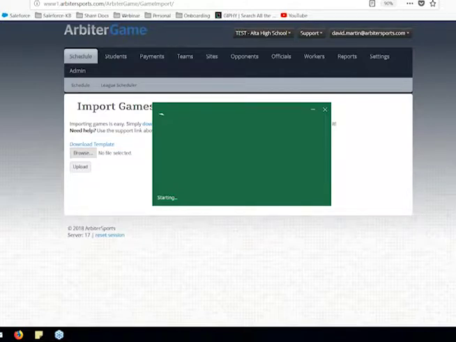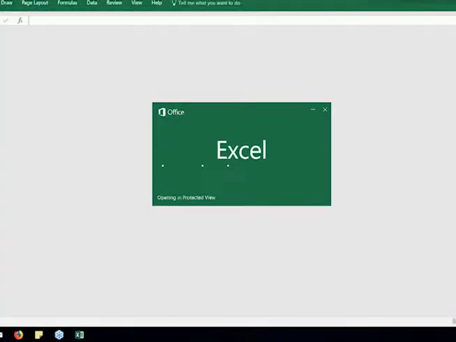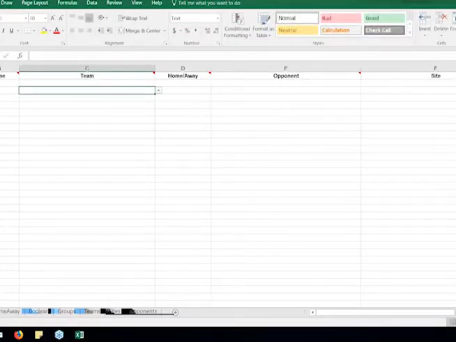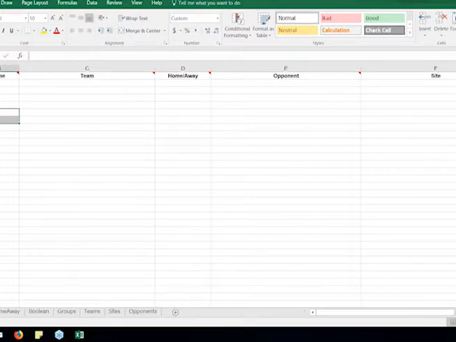So if we were to go ahead and say that this is going to happen on February 2nd, 2018, the system automatically puts it in the correct date for us. We can look at the time, it's required. So we'll say that it's at 12 o'clock. If I put it out here, the system's going to put AM. We're not playing that early in the morning, so we're going to go ahead and change this to PM. Now you can see all of a sudden something didn't happen right. So let's go ahead and make sure we have that in the system correct. So there we have it in our system.